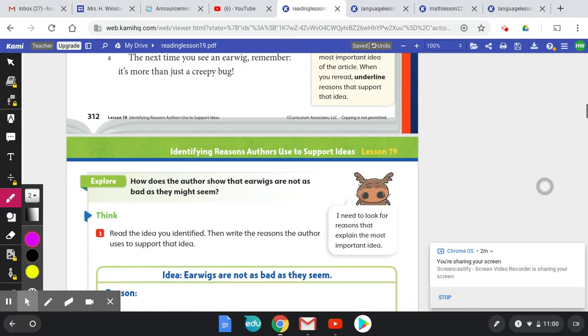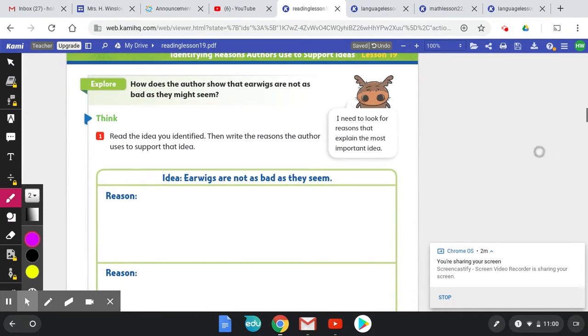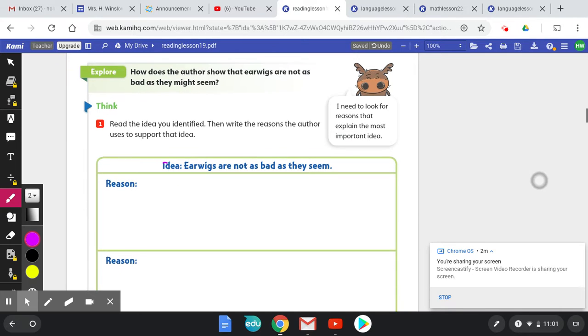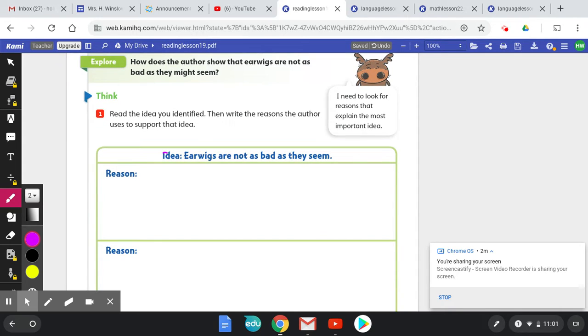All right, let's look at page 313. Now let's put all this together. We're going to explore how the author shows that earwigs are not as bad as they might seem. So read the idea you identified and then write the reasons the author uses to support the idea. The idea is earwigs are not as bad as they seem. So we're going to go back and think about what we underlined. One answer we could put is that